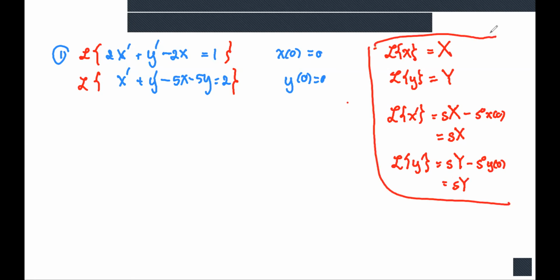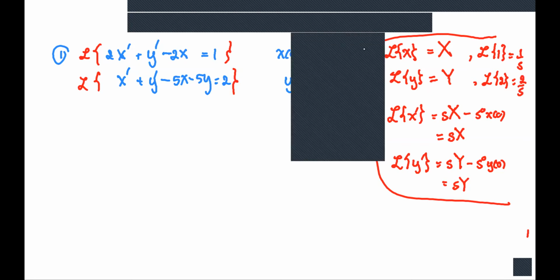And then for the number, if you have the theorem handy, like from 7.1, the Laplace transform of the constant 1 is 1 over s. That means the Laplace transform of 2 is going to be 2 times 1 over s, or 2 over s. So as we apply the Laplace transform to all terms, the first equation becomes,